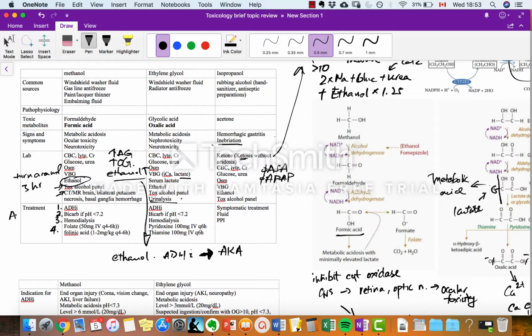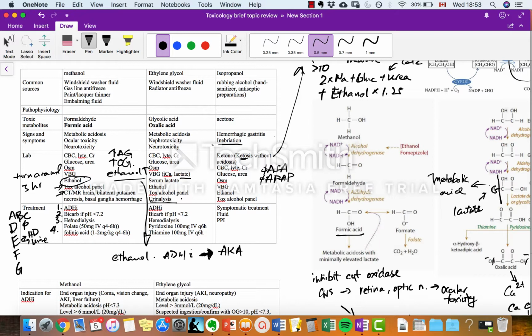Of course, when we think about sick patients, we always do first the ABC, D, E, F, G approach. So resuscitate if they're really sick, fluid if they're hypotensive, decontamination, D stands for decontamination. So alcohols are absorbed very rapidly, so this doesn't have a role here, so you wouldn't be doing charcoal or whole bowel irrigation. E is elimination, so here your hemodialysis, maybe urinary alkalization, but the bicarb is more